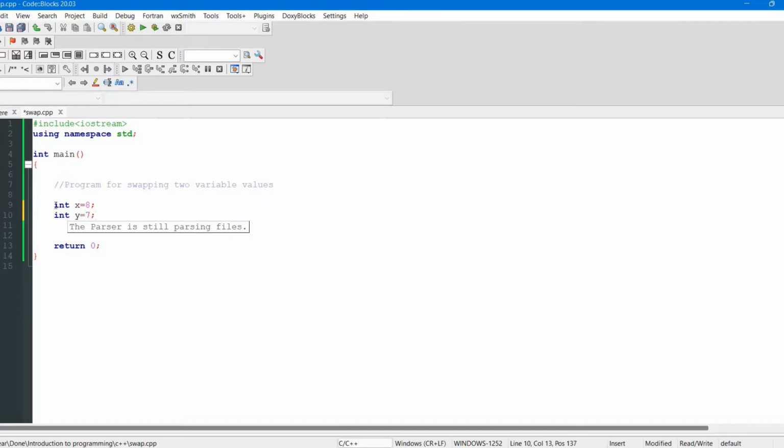So now I need to swap the value of these two variables, which is x and y. That means I need my x to hold whatever y is holding now, and I need my y to hold whatever x is holding now. So in order to do that, we have to create a temporary variable. So I'm going to create a temporary variable, I'm going to name it temp, and then I'm going to assign the value of x to that temp,